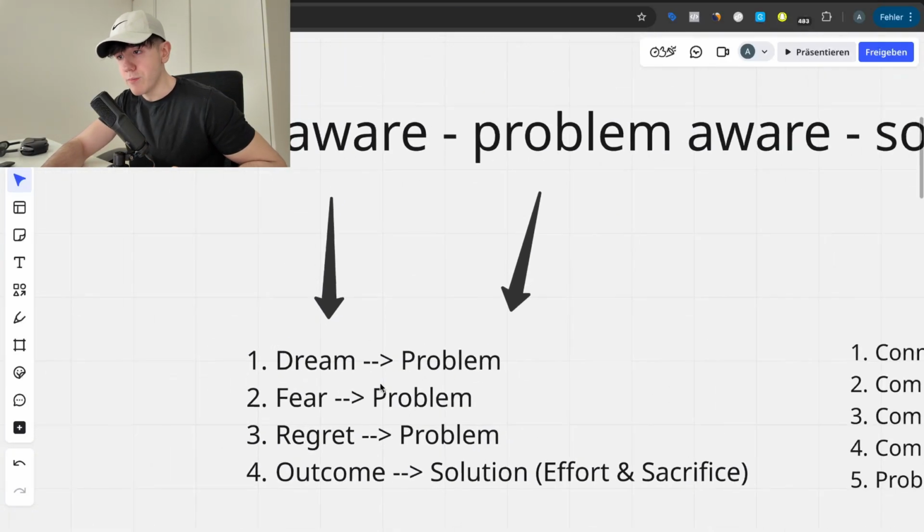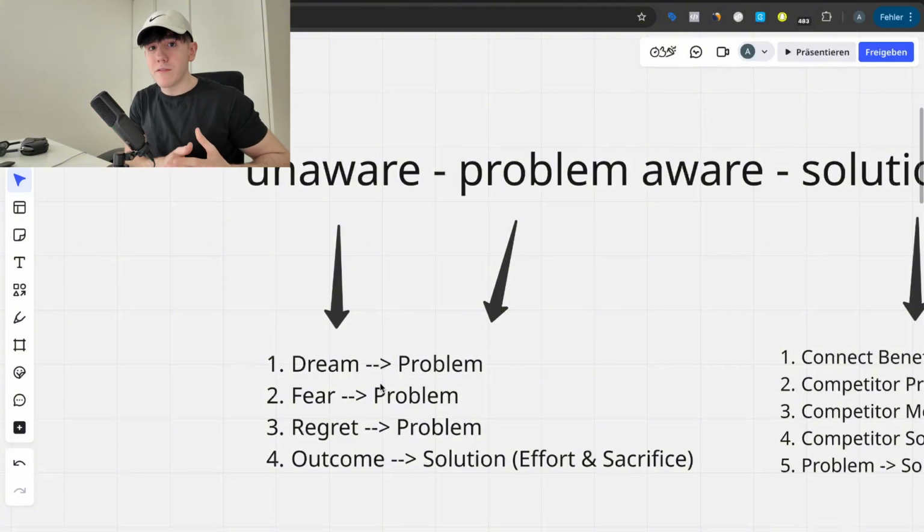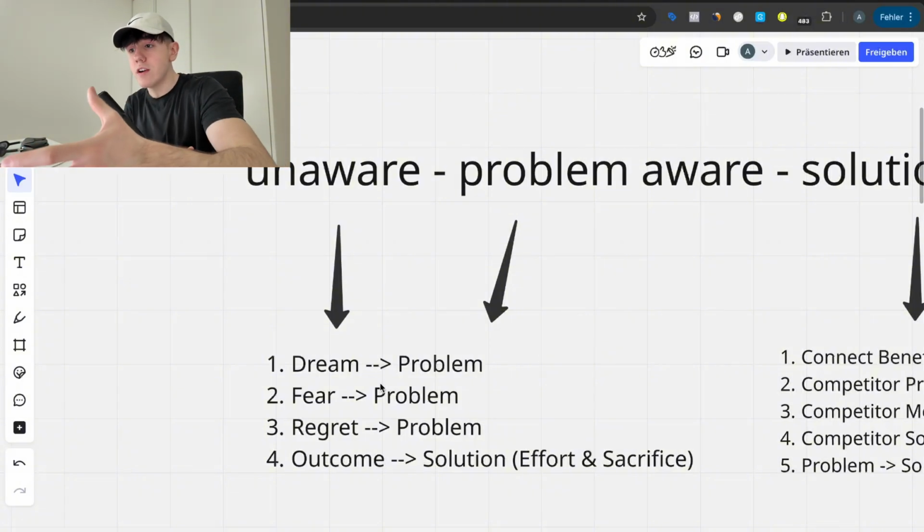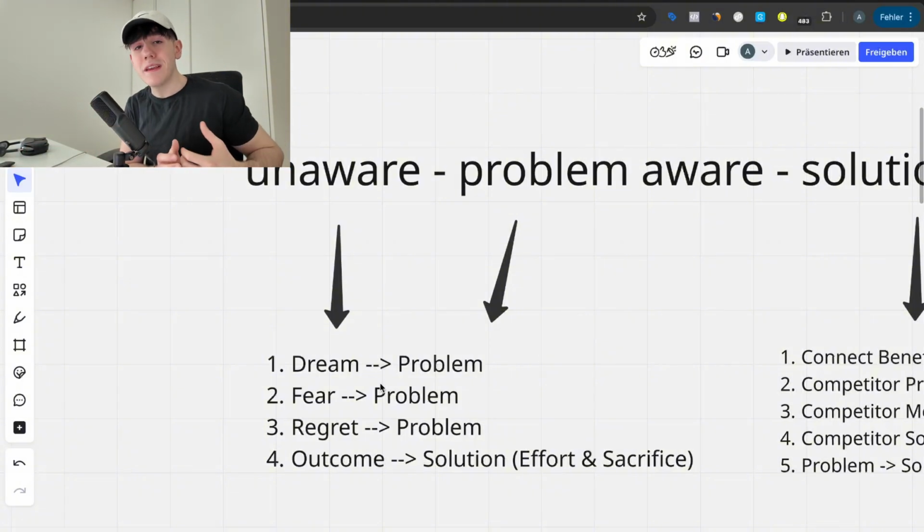Second thing is fear, okay? If you have something which people are afraid of, a common fear, this could be the fear of loss. It could be the fear of missing out. It doesn't matter what it is, just always tie it to the actual deepest human desire. So it could be health, wealth, and relationships. And so when someone's actually in depth, very, very afraid of something, once again, very easy to tie that to the problem and then to your solution and so on, right?